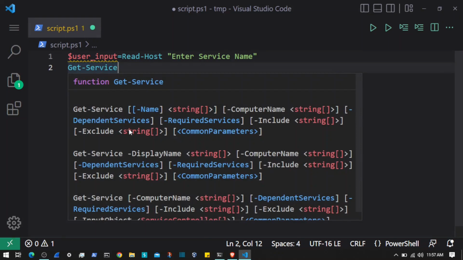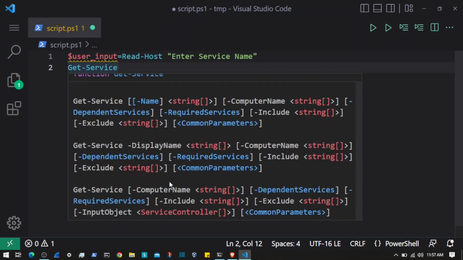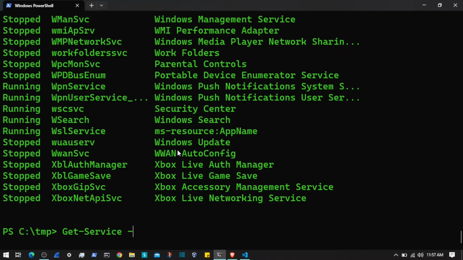We have the status, right? So let's say I want to get the display name. So let's say I want to get only the services that are running or that are not running, or that match some condition, where the name is matching some condition. So we can use the Where-Object. So we will pipe that to Where-Object, and here we will check if $_.Name is like